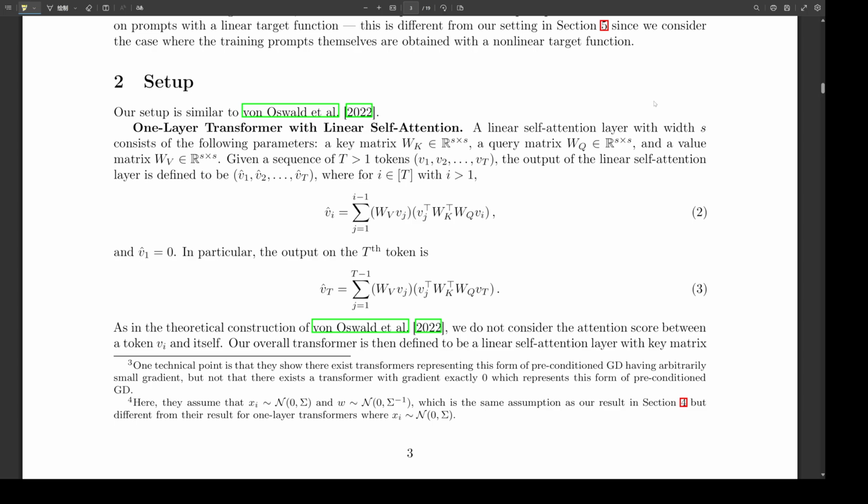So before we get too deep into the weeds, let's take a step back to something more familiar. You mentioned linear regression earlier. Right. Why is that important in this context? Well, linear regression is a fundamental concept in statistics and machine learning. It's all about finding a linear relationship between a dependent variable and one or more independent variables. It's a very well understood problem, and that makes it a good starting point for analyzing more complex phenomena. So it's like a simplified setting where we can really understand what's happening. Exactly. You can think about it as a basic building block for understanding more intricate things like in-context learning.